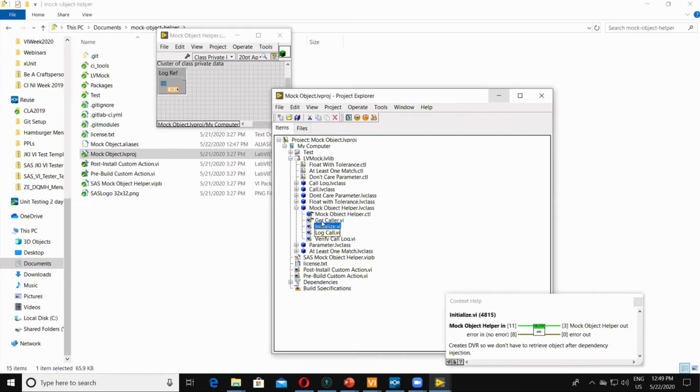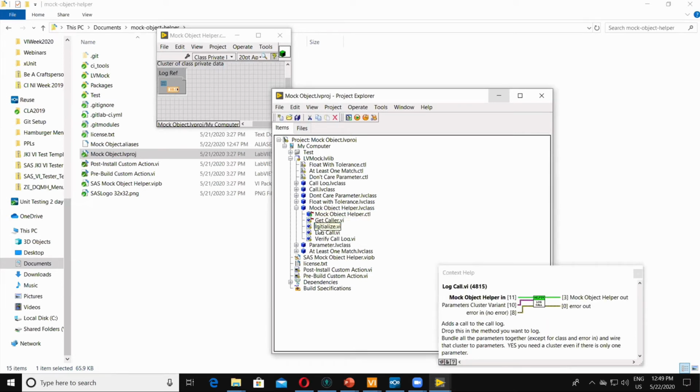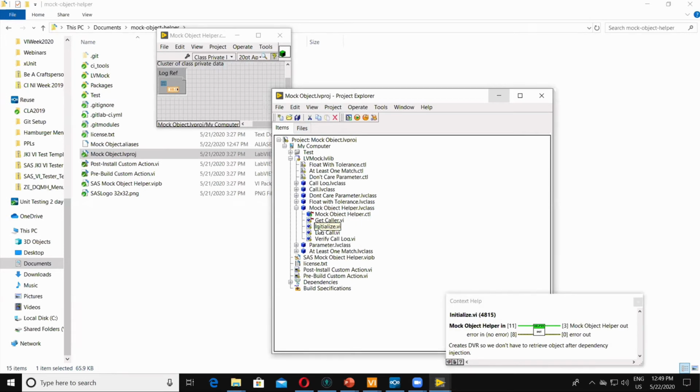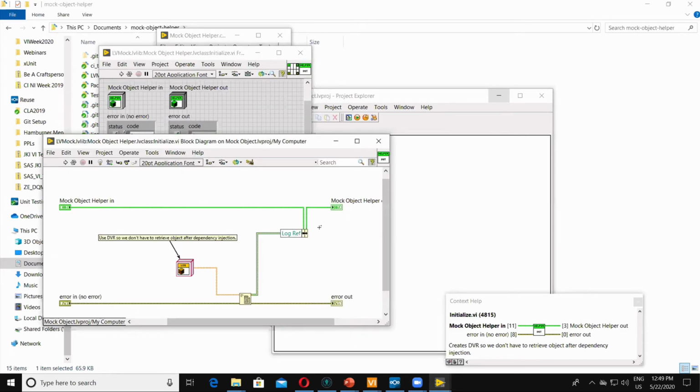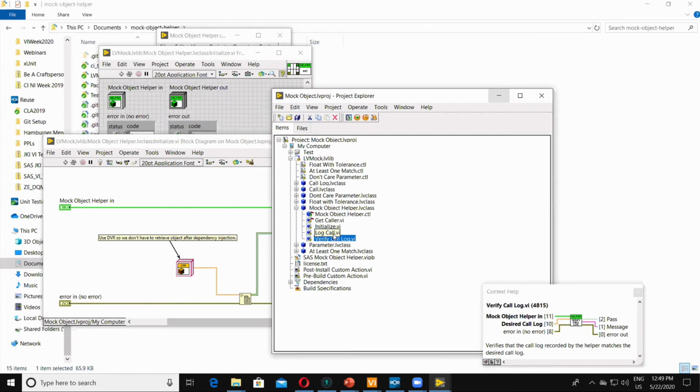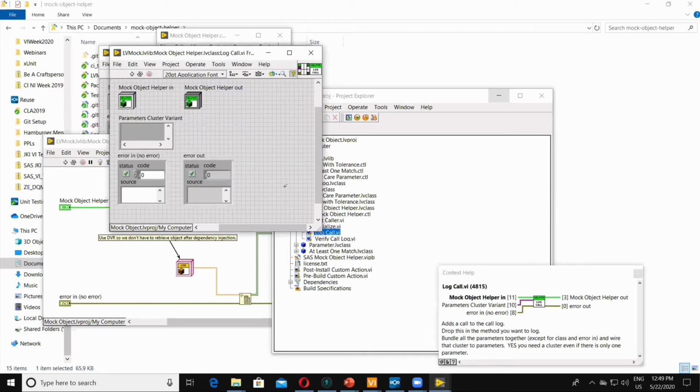And then I had some methods. So I figured since I've got a reference to the call log, I need an initialize, right? And all this does is create the DVR. That's pretty easy. And then I need to be able to log a call, right? And so what do I need to log a call? Well, I need all the parameters that were passed in.